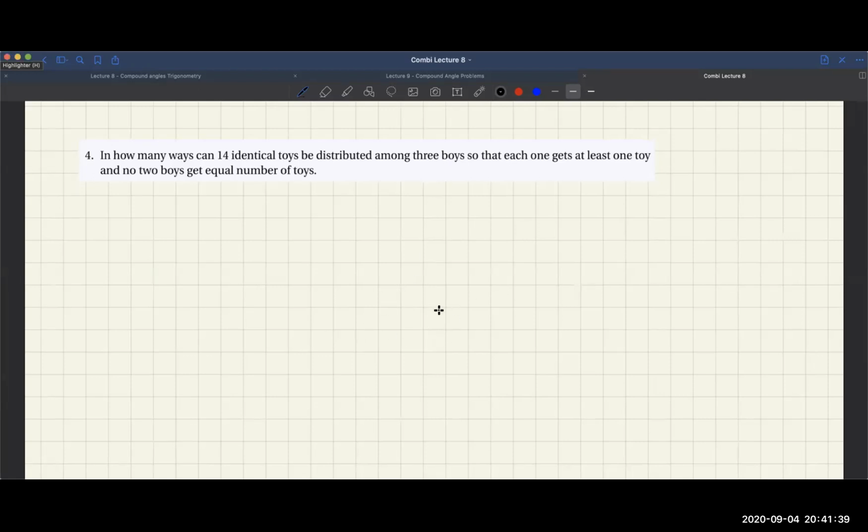Okay, see here, in how many ways can 14 identical toys be distributed among 3 boys? So I can say that x1 plus x2 plus x3 is equal to 14. And I will start like this. Okay, I'll assume this, they should not be identical. So I'm assuming that